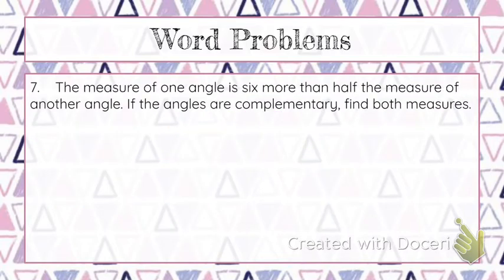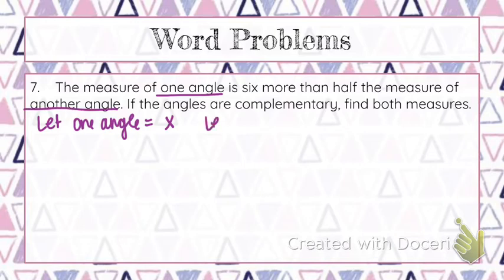Okay, number 7. The measure of one angle is 6 more than half the measure of another angle. If the angles are complementary, find both measures. So we have the measure of one angle, so we need to let one angle equal X. And then we have another angle. So let another angle